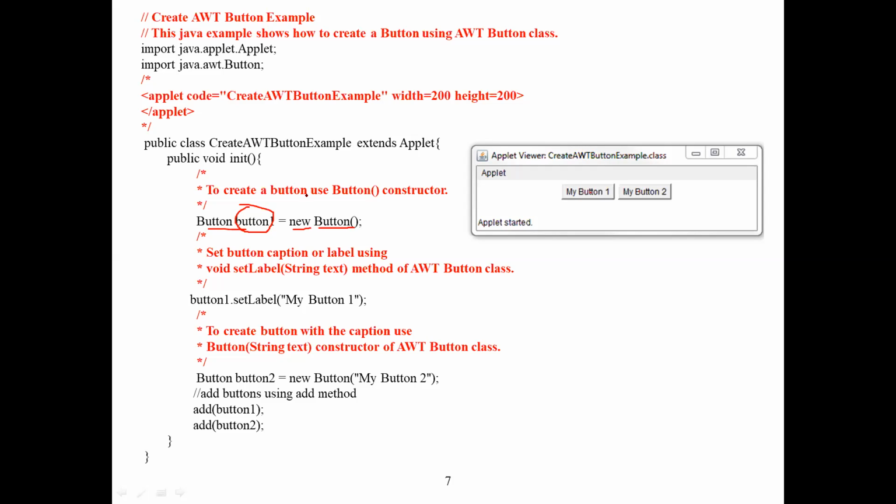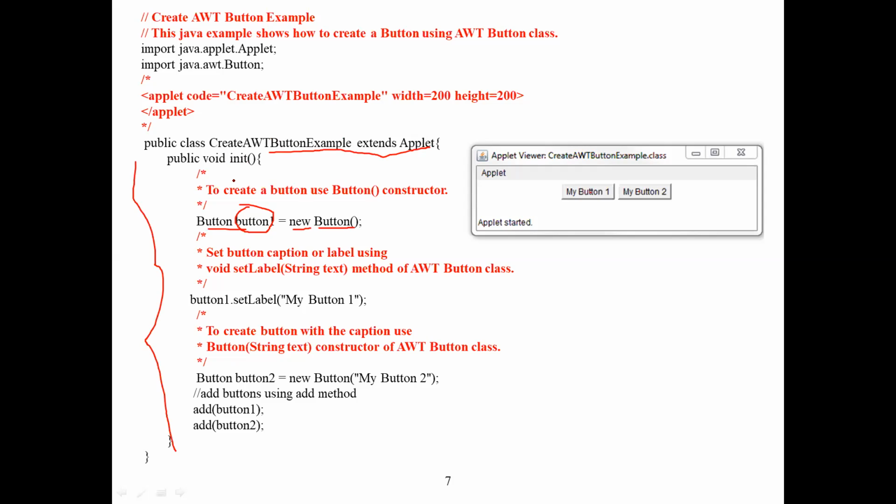And already you know that AWT extends Applet. This is the reason why AWT has become obsolete. And Applet, as you know, doesn't have many features available. So when you look at this class,